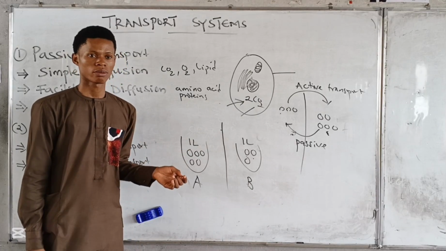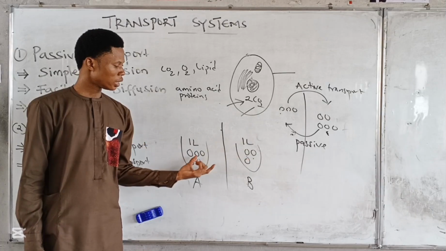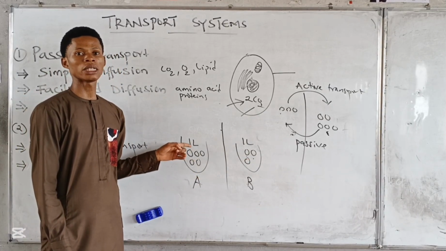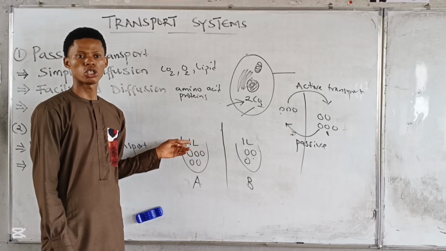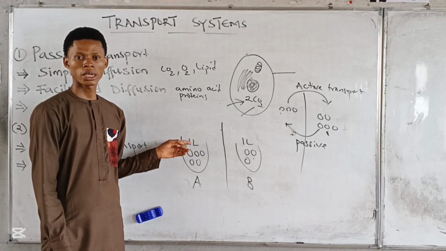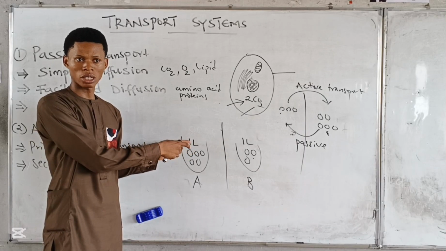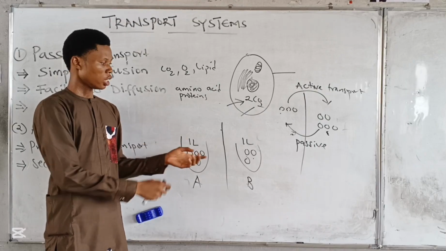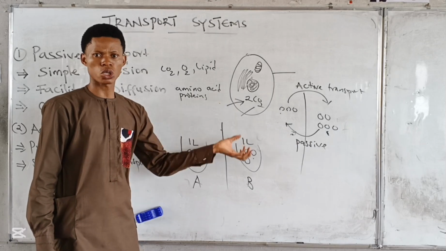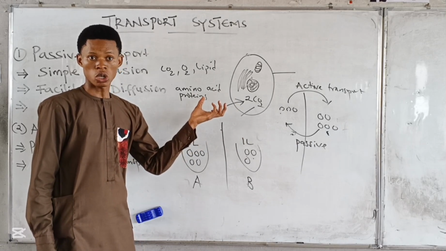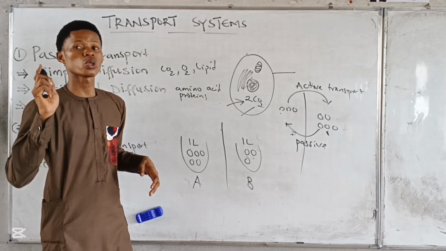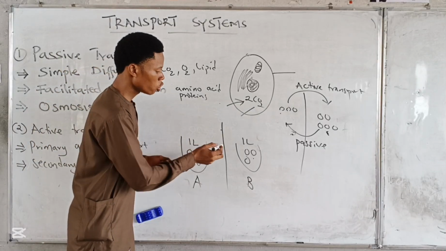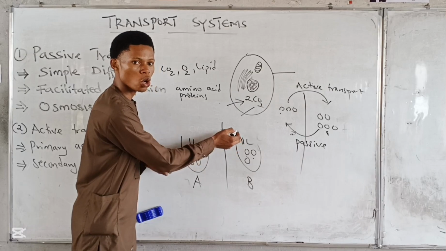Or another way you can make the concentration equal. Now, if I'm adding water here, am I increasing the concentration or reducing the concentration? You're reducing. I'm diluting it. If I'm removing water here, am I making it concentrated or diluted? Concentrated, right? Good. So I can also define osmosis as the movement of water molecules from region of lower solute